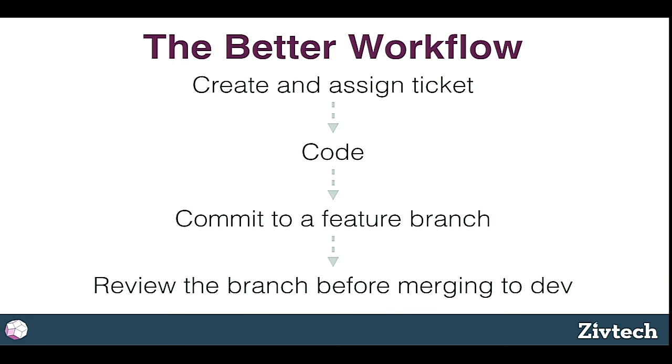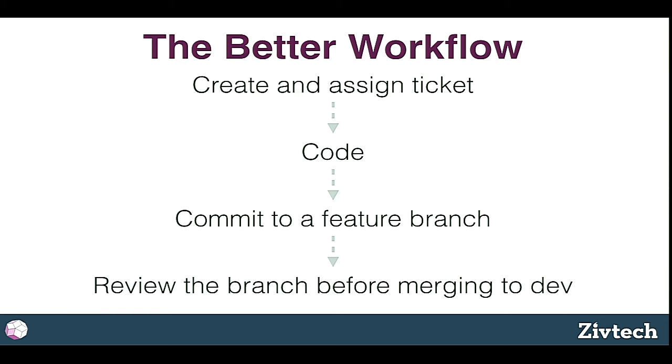But it's got some catches, one of which is people are pushing all this stuff into the dev branch, and the dev branch can get broken a lot. And you want to push stuff into staging, and it's not always safe to just say, whatever's in dev, let's move it. So a lot of us have started to take this separate approach, following sort of a Git flow model, where we say, create and assign the ticket, developer does the code, but the developer commits it to a feature branch, a standalone kind of sandbox branch where just that part's being worked on.